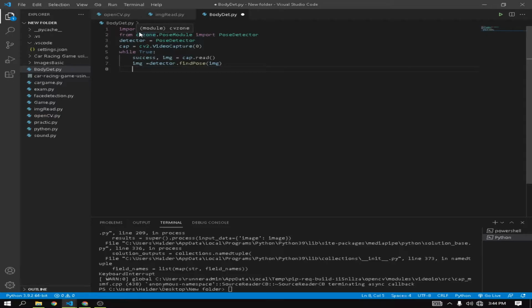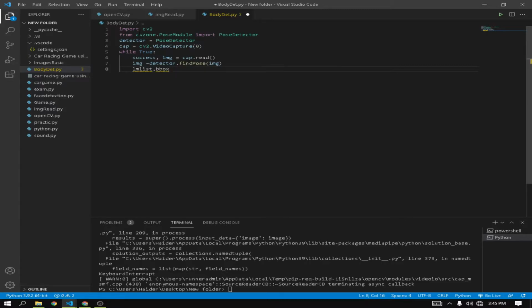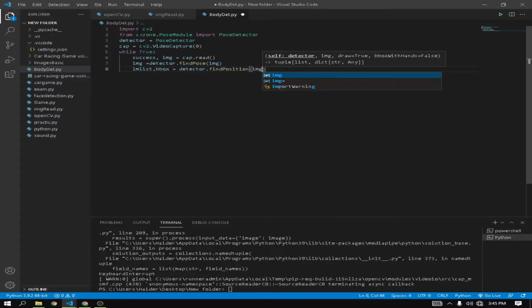We need to find the pose landmarks in an image of BGR color space. So here we just add the image parameter to findPose, whatever pose we take. Then lmList, bboxInfo equals detector.findPosition, and inside we declare the image parameter.